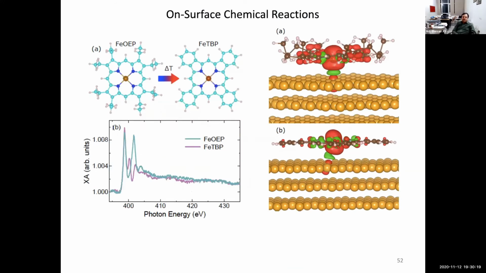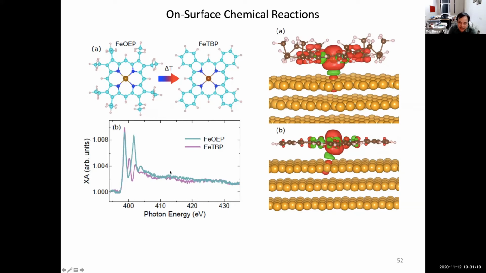Okay, now there is another scenario with the porphyrin-substrate interaction. Here we have octaethyl porphyrin deposited on gold. Now, if you heat after deposition, a little bit of surface chemistry occurs, and the octaethyl arms lose hydrogen, and then combine with each other and form a benzene ring. So now it becomes tetrabenzoporphyrin, and then